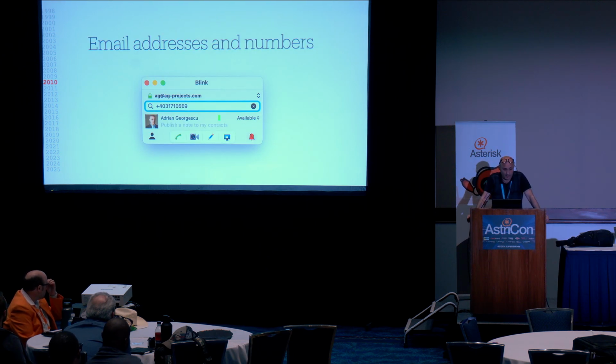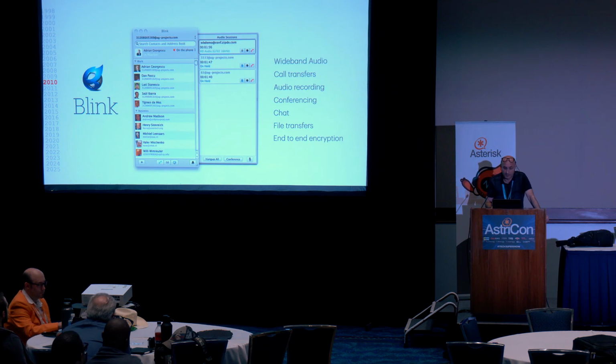You could dial with Blink any SIP address or telephone number. It will look up the number properly or the SIP domain properly, and it will find the SIP proxy. Addressing a number is key, so your user experience is pretty good. So the software had already at the start features beyond VoIP, namely chat using MSRP protocol, conferencing both client side and server side. It supported both. It had file transfer. I think we had screen sharing later, but we were having 3 M lines, so I was very proud of that.